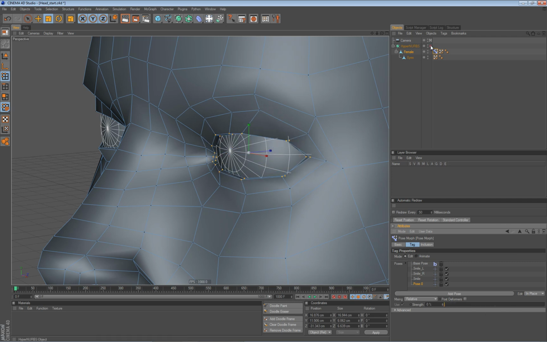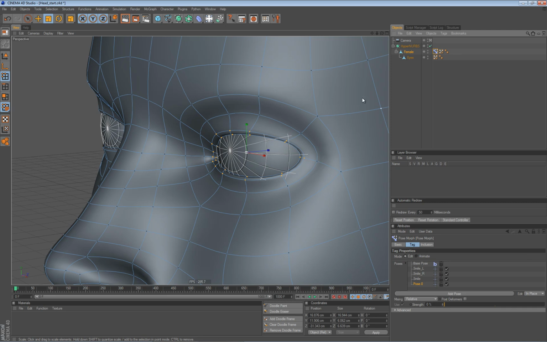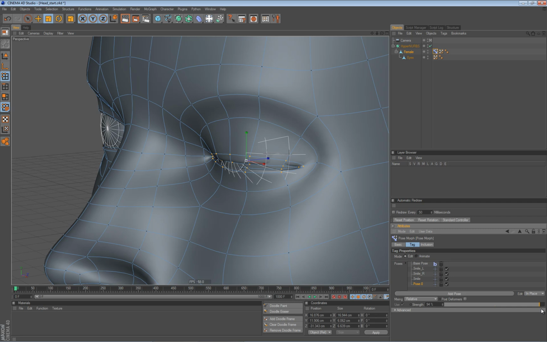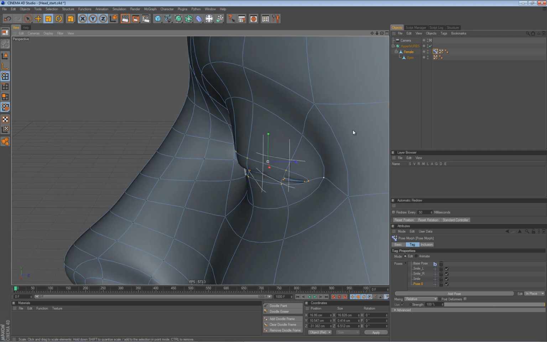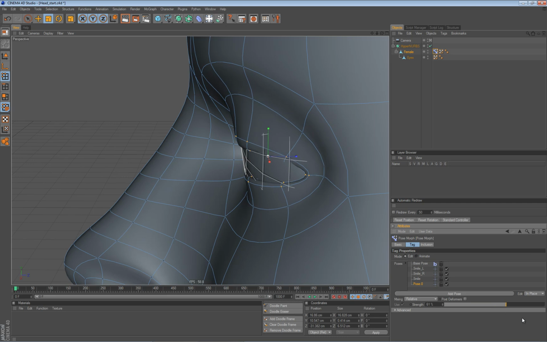I will enable my hypernerves. So one problem that you will most certainly encounter is, you can see here we have somewhat of a problem here, because the eyelid is actually intersecting the eye mesh, and you can avoid that by setting this to rotation,